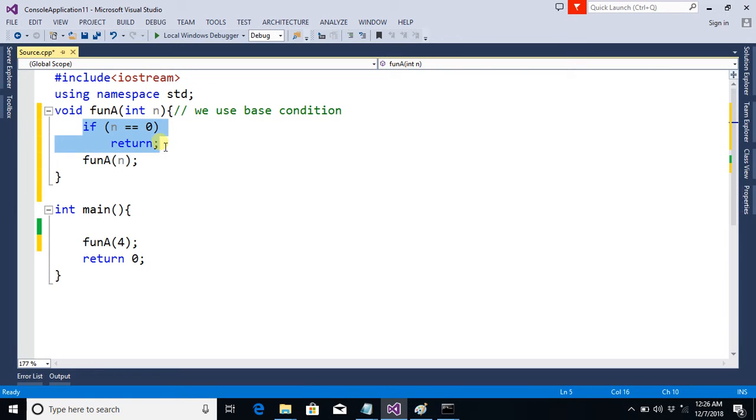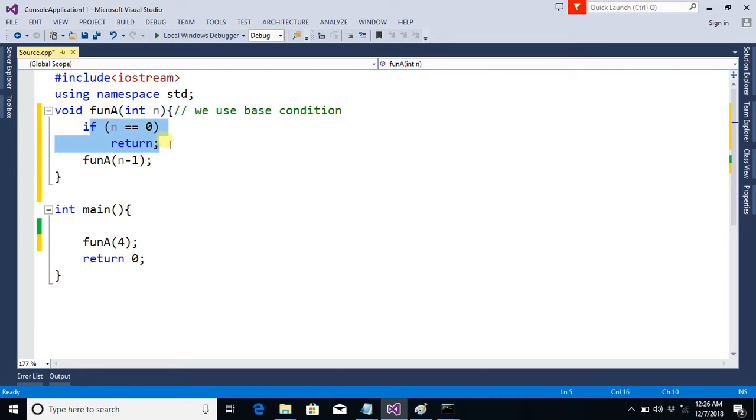So we can do a trick here. We call this function a with n minus 1. Now the first time we will call it with argument 4. 4 would come here, the condition is false. Here 4 minus 1 is 3, so we will call this function again with argument 3. 3 here, condition false.